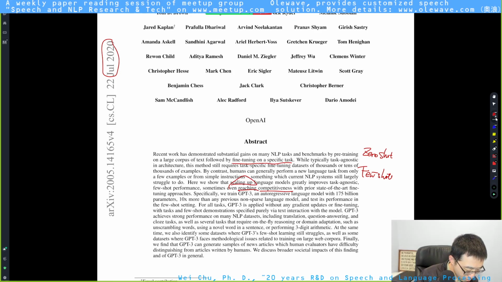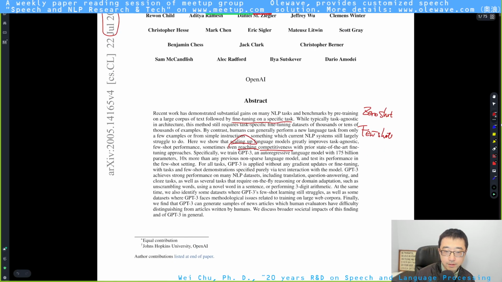Okay. So I think GPT-3, or the model used in this paper, would be used without any fine-tuning, which is the point of zero-shot or few-shot. And I think this might look familiar to you.